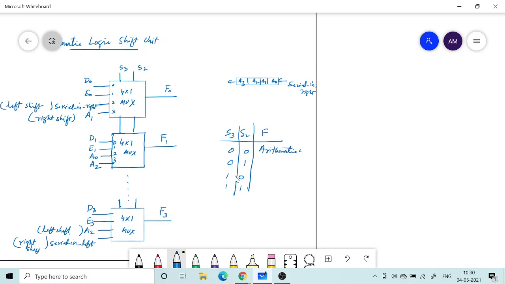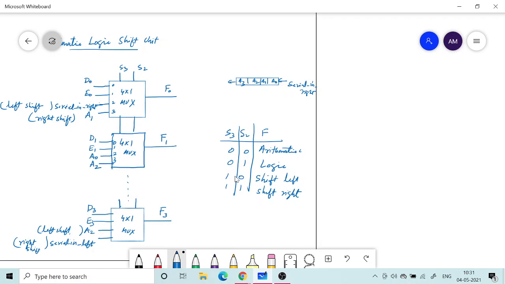So the opcode has two parts. One is S3 S2, which decides what type of operation the block will perform, whether it is arithmetic or logic. If it is 0 1, it will be logic. If it is 1 0, it will be shift left, and 1 1 means shift right. So out of these 4 different operations, one will be chosen depending upon S3 S2. Once arithmetic is chosen, the other control bits, S1 and S0, will decide which arithmetic operation.